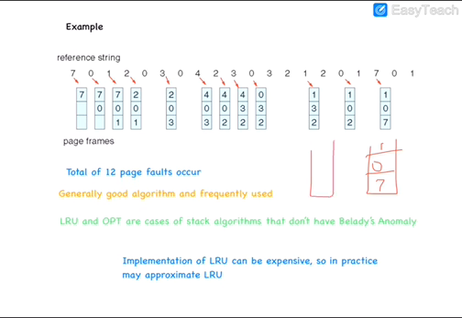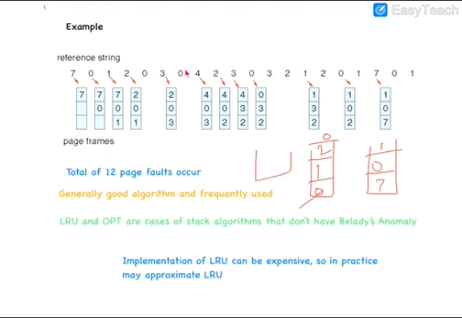So you just see, 7 was replaced, so the least recent was 0, then 1, then again what we got here, we got 2. So again 0 was referenced, so 0 will be going off from the stack and 0 will be coming at the top. So the oldest one is 1, so here 3 is replaced by 1. Like that you will be using the stack.